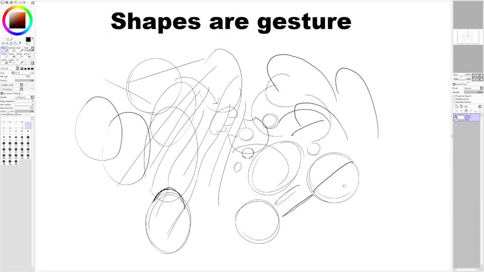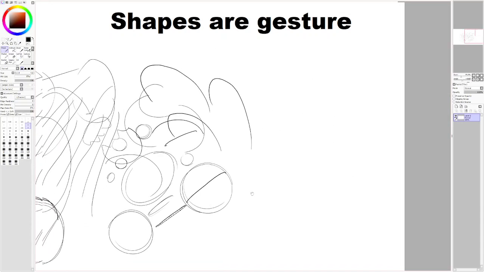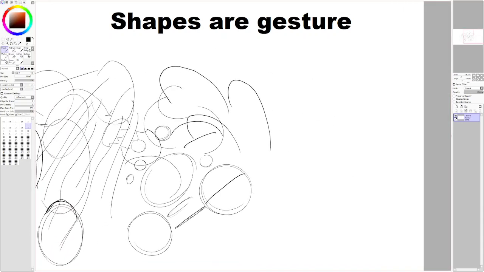Now, I wanted to give an example of a bug. I'm going to show it off screen. It's a wasp. Every time I think about this wasp, I see its head, which is kind of triangular, and I think executing that in a single shape is a lot better. And then I see its thorax, right? And its thorax is more like a